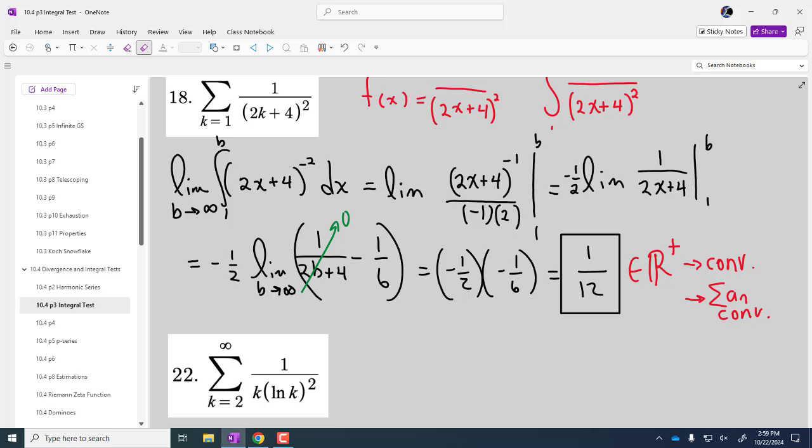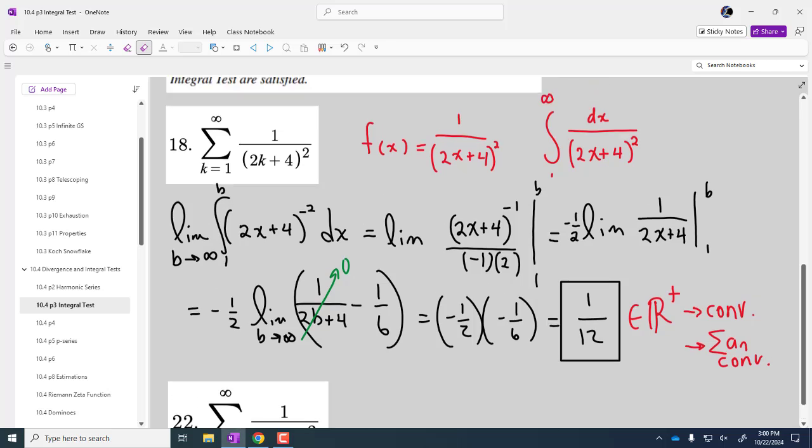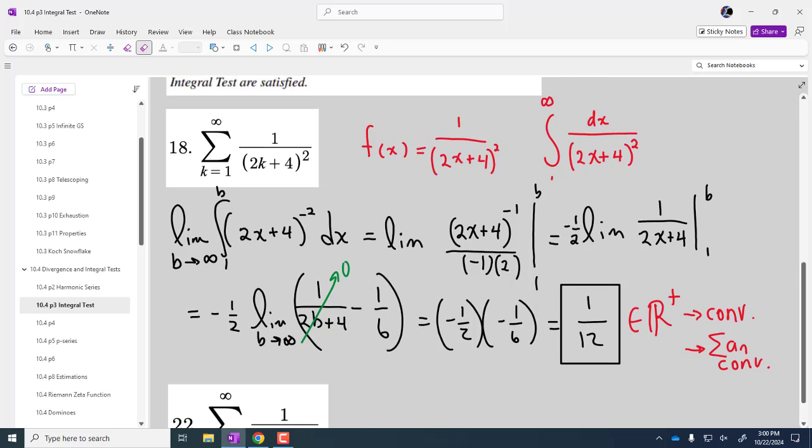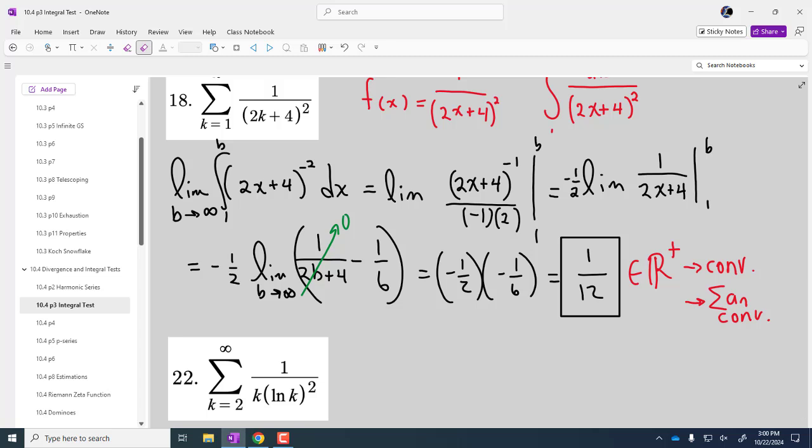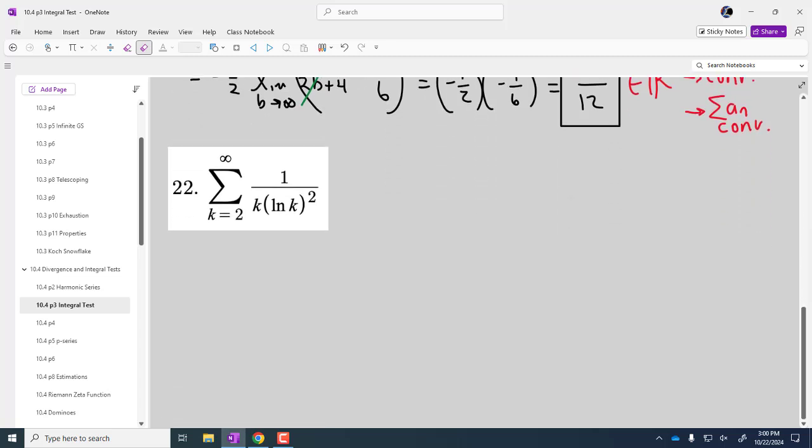So this integral converges to 1/12. That does not mean the series converges to 1/12. This 1/12 is the area beneath the curve, and it may or may not be the sum of the series. All we can do here is conclude that the series does converge, but it doesn't tell us what it converges to. Good question. So we could also write that the series is an element of the positive reals. All right, let's go ahead and take our 10-minute break, and then we'll get into some funky natural logs